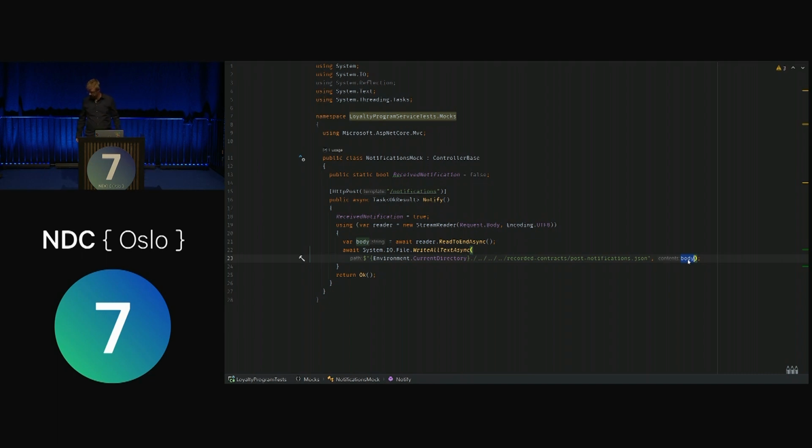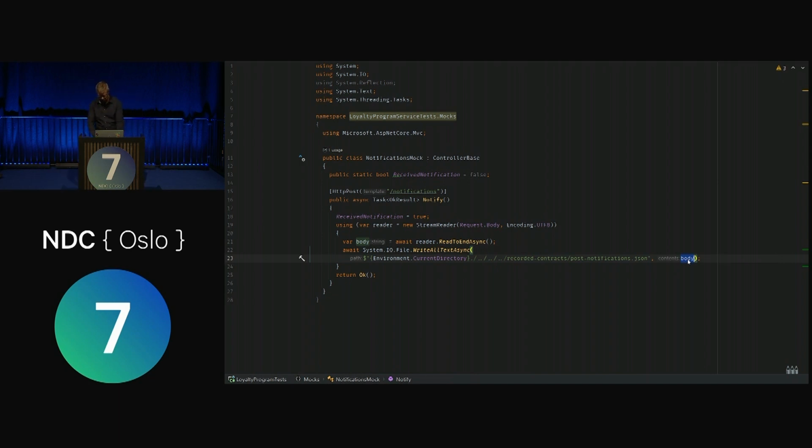And it just does it to somewhere called recorded contracts post dash notifications.json. So there's maybe also encoded a couple of assumptions here as well, that based on the name of the file, this is because it was a post request, and I'm expecting the body to be JSON here.